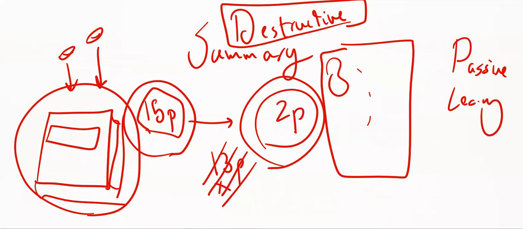You're just looking at the book as it is, trying to remove all of the excess information and turn it into a shorter version for you to study later on. This is passive learning, and it's even worse sometimes than passive learning because it has a destructive element. In my opinion, the correct way to summarize something is to actively summarize it. So what you do is you study the subject,